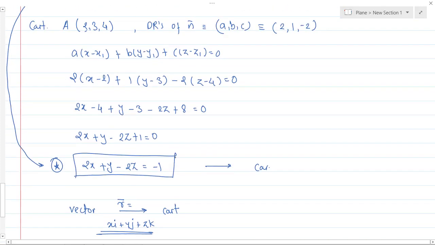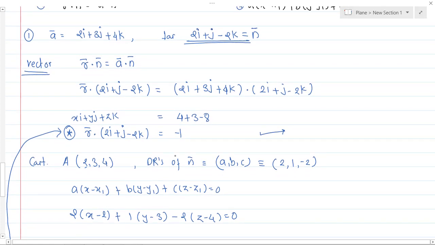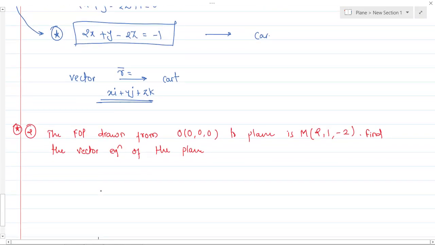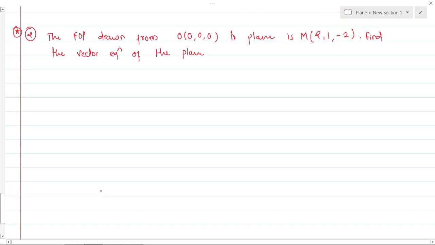It's just for the sake of understanding the concept. From here we get an idea of how to find the equation. But this will not come in your exam; if a question comes, it may come as a short answer. But if you want to really solve or to get the equation of a plane, then you should understand this type of level, this type of questions.